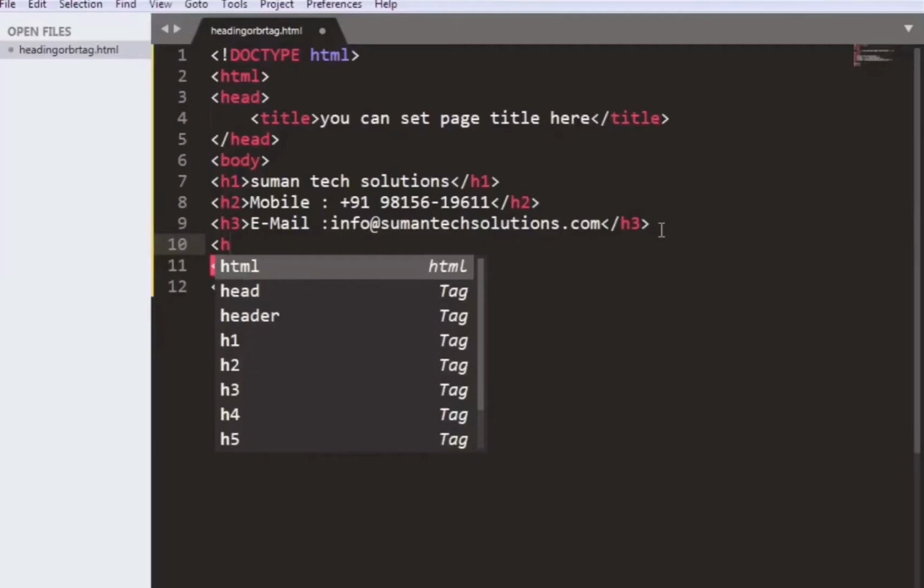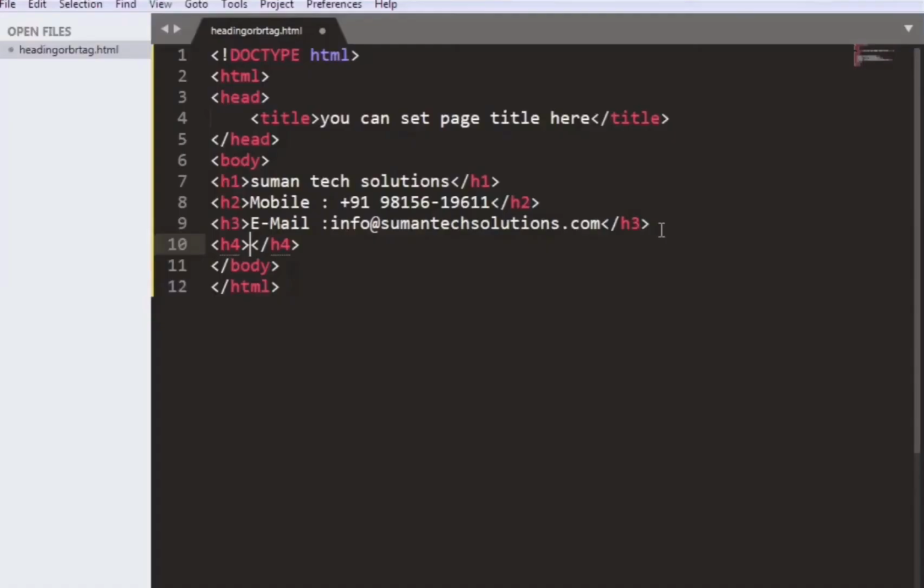After that, H4 tag. So here also we will print some lines.